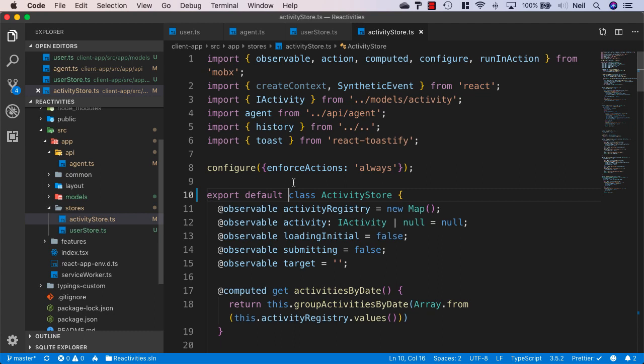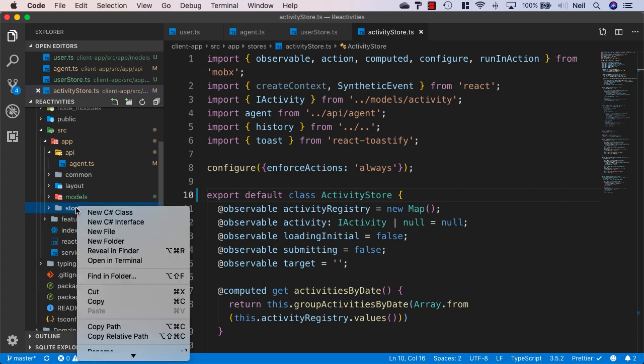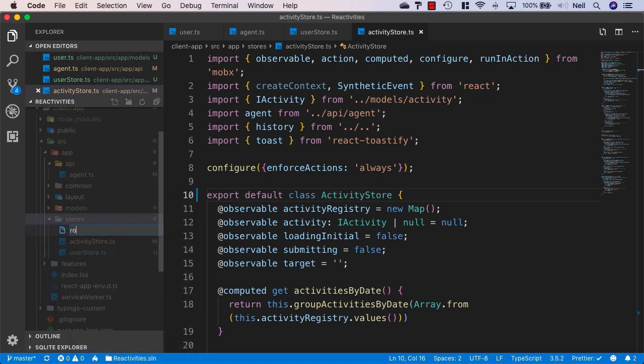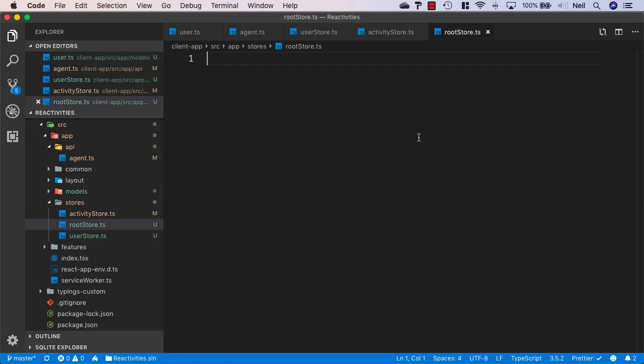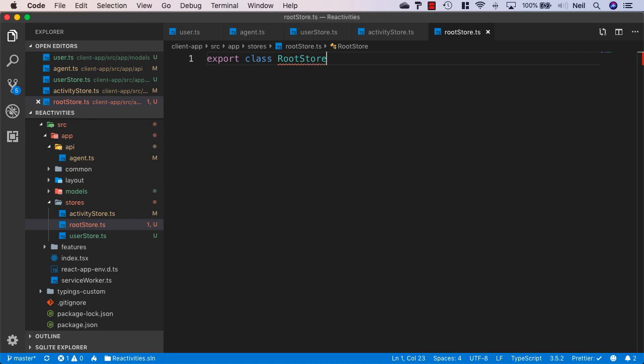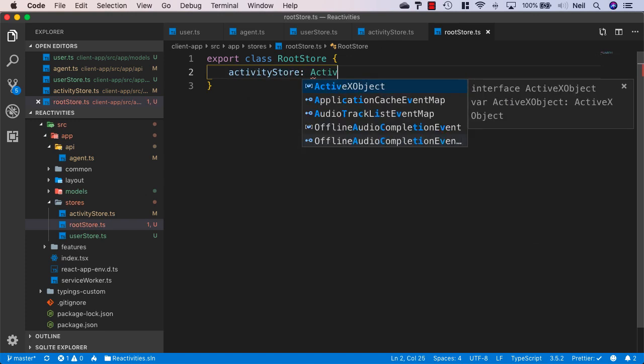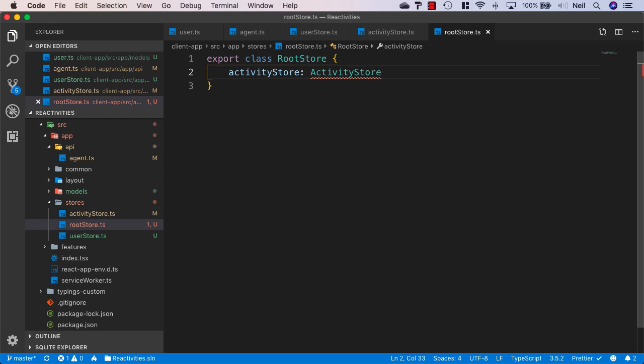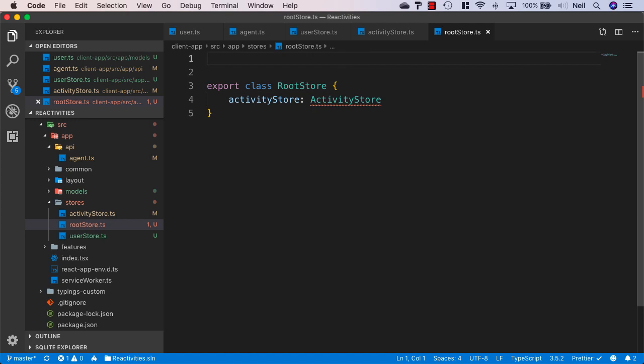activity store. And what we'll do is create, in our stores folder, a new file, and we'll call this rootstore.ts. And in this case, we'll export a class of root store, and inside here we're going to add our individual stores as class properties. So we'll have an activity store, which is going to be of type activity store, and sadly that's not going to import automatically. So I'll just come up to the top and import our activity store